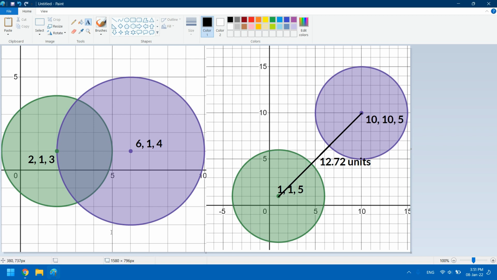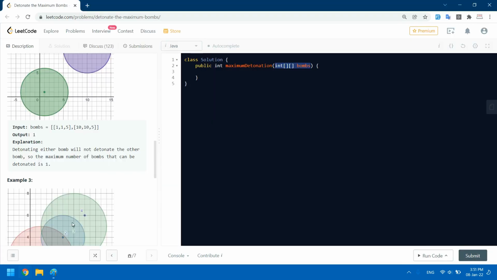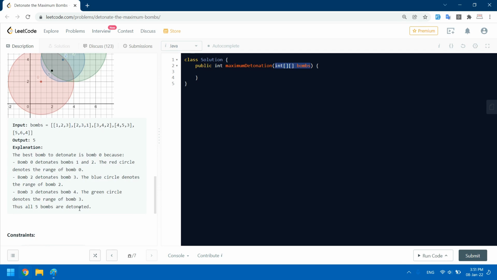To solve this, before going with the main graph traversal implementation, we'll need some helper functions, like we're gonna find the distance. That's something we know. So let's start by writing these, and I'll start by creating a method to find the distance. Let's make it private, and it's gonna return a double since we have square roots and squares here. So it's gonna take 2 points, point 1 and point 2,